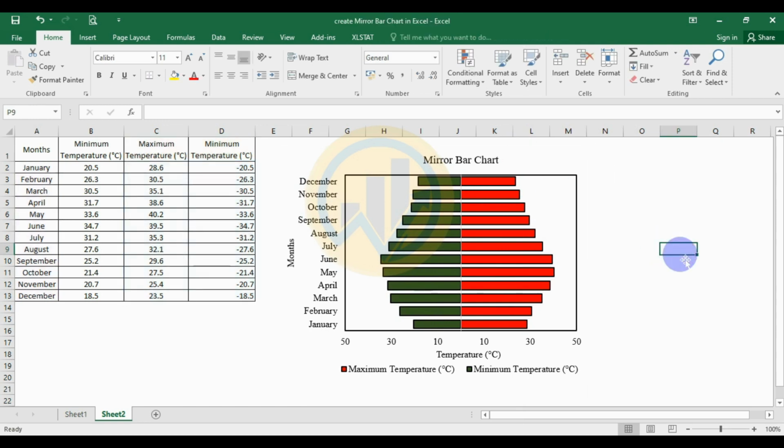Okay, this is the mirror chart, the customizing method, the creating method and the data collecting method also, for the